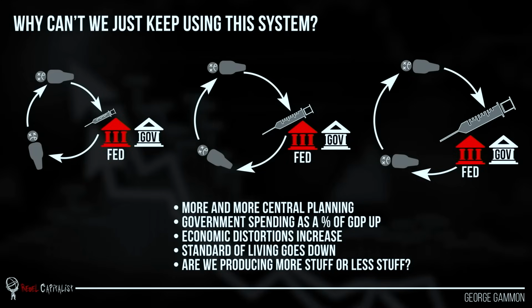Then we get to this last stage where the system collapses the final time. The government comes in with an even bigger heroin needle and says, oh, we came in with $5 trillion of deficit spending last time. Let's do $20 trillion now. The Fed comes in and says, we're going to ride to the rescue. We are doing $120 billion a month in quantitative easing. Let's pump it up to $200 billion a month. We'll do whatever it takes to save the economy. But at a certain point, you've already killed him. He's dead. And no matter how much heroin you put into his veins, he's not coming back. And this is exactly how it works with our economy.